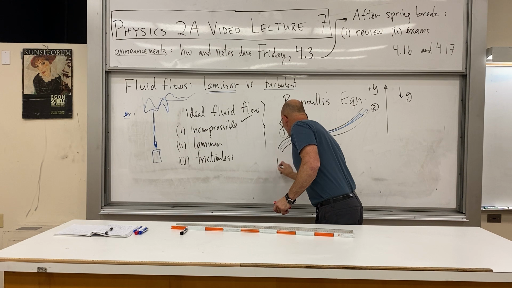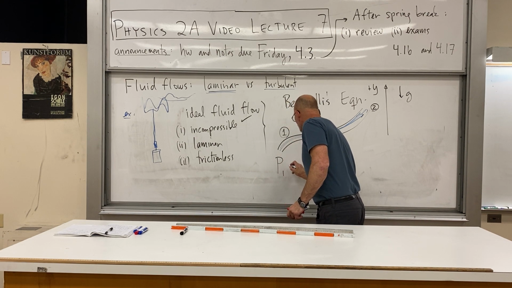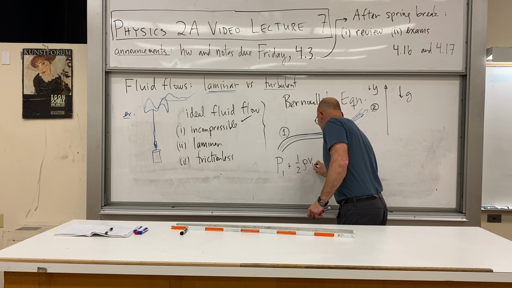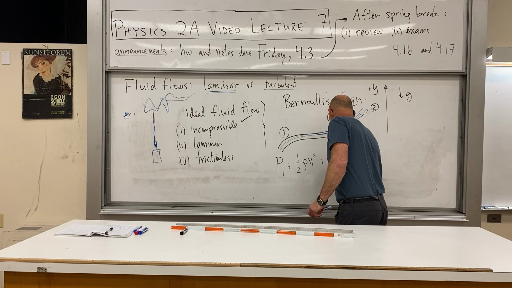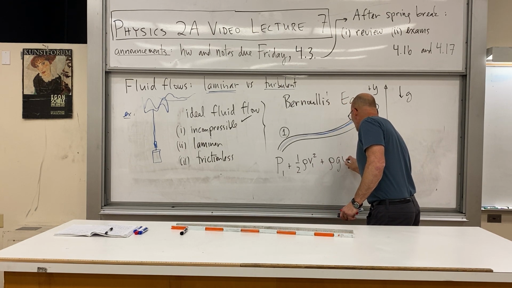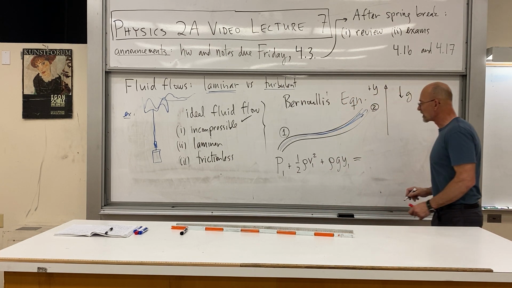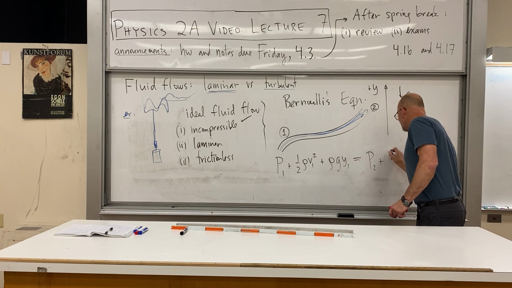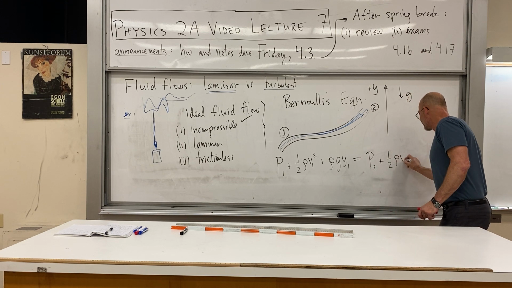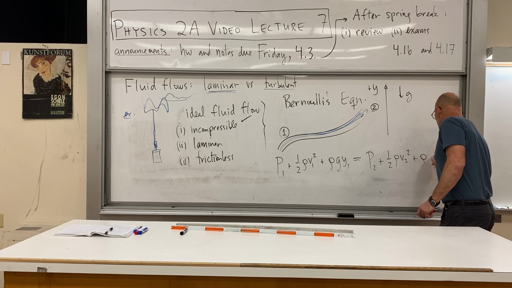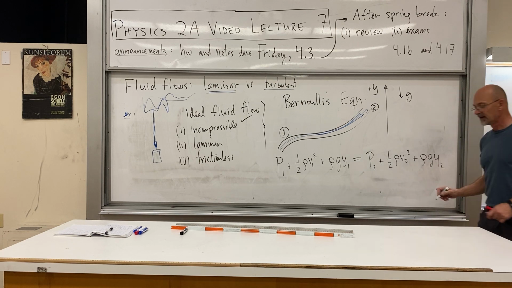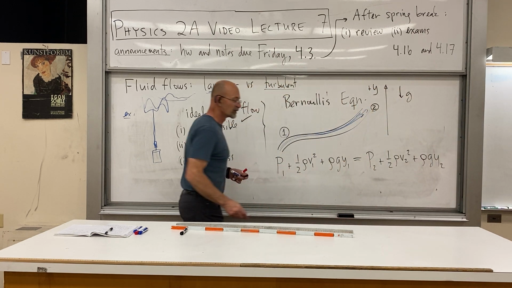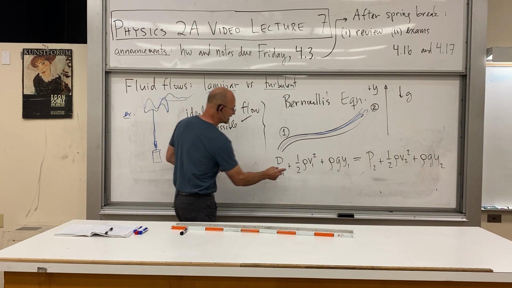It is that P sub 1, the pressure at point 1, plus 1/2 rho v sub 1 squared plus rho g y sub 1 is equal to a constant, or we can say it's equal to P sub 2 plus 1/2 rho v sub 2 squared plus rho g y sub 2. So yeah, just looking at it this way, it looks like it comes from energy conservation, doesn't it? Because that looks like kinetic plus potential,